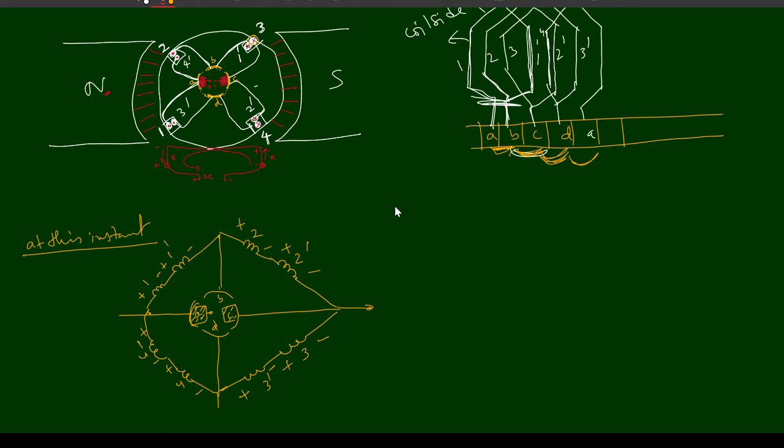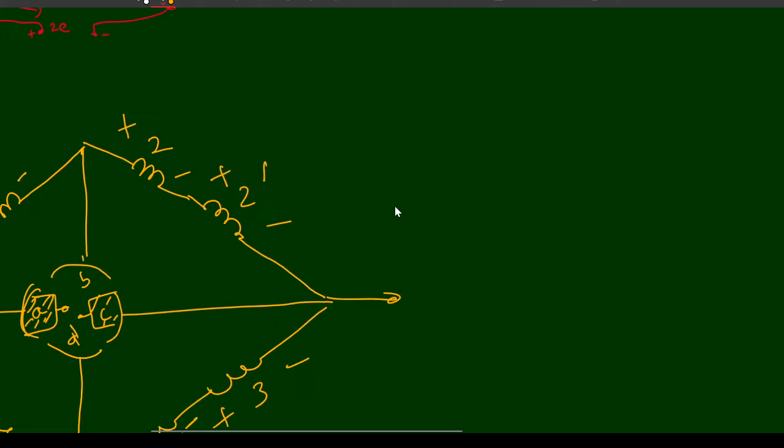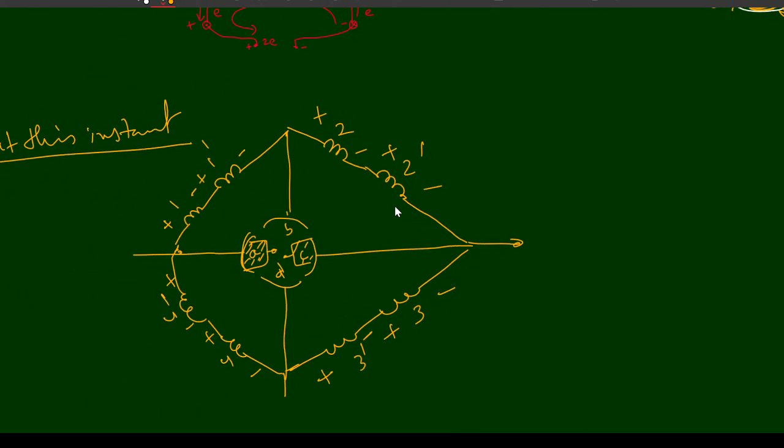Okay, so at this moment, what is the voltage obtained across these two terminals? This is plus and this is minus, because this is the brush. We are collecting the voltage here because the brushes are connected to A and C. So this is E, this is E, this is E, this is E, and the B segment is just floating. We are collecting the EMF at A and C segments. So this is floating and this is floating.